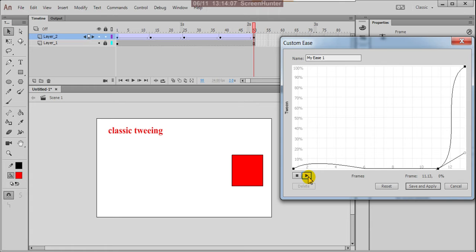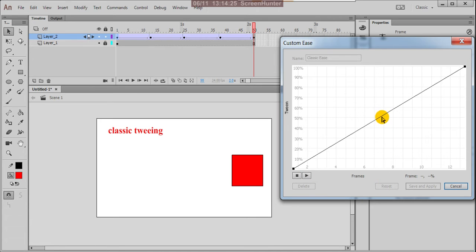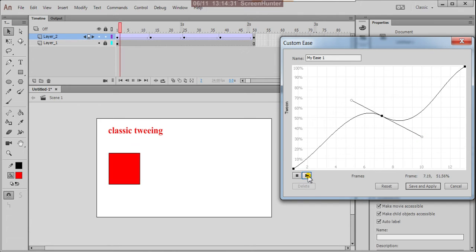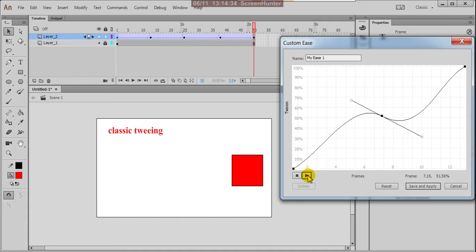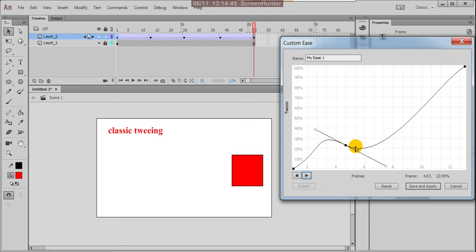See the speeds, you are controlling your speed. Reset, click here, and both side nodes are coming. Now you can observe this. As per your graph positions, this is giving nice